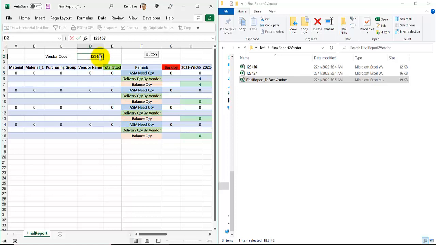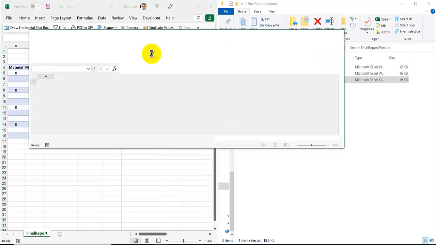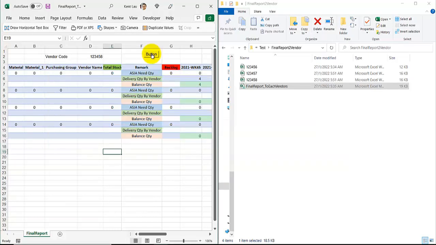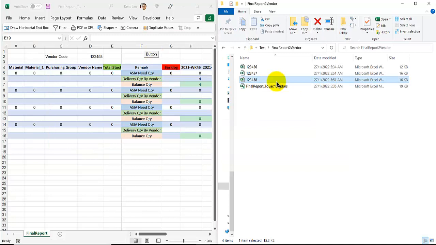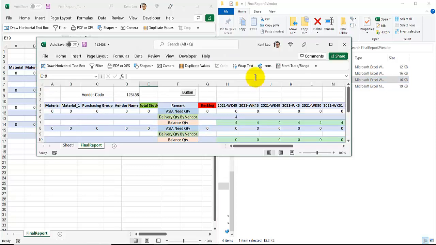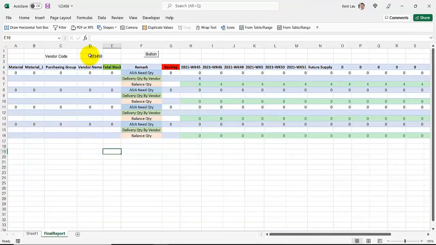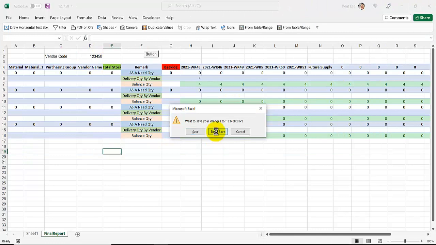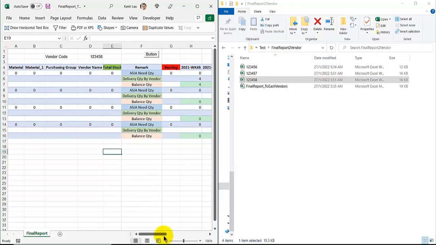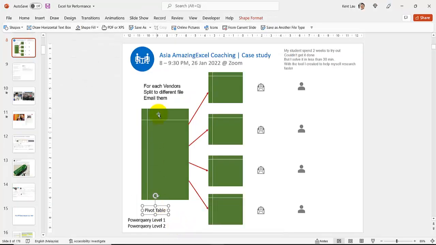Now I just put in another one, and assuming that this data will now filter, and then it will go to another. Just click one button, and then that's it, it's done. The file is there, and the file name is 12345. Look at that, 12345. So that is the demo to you, that is what it means here. Okay, but what I didn't demo to you